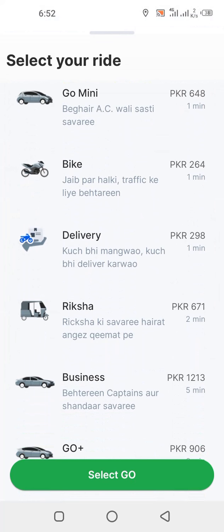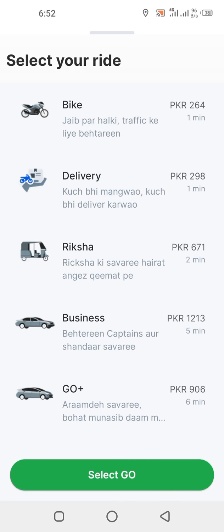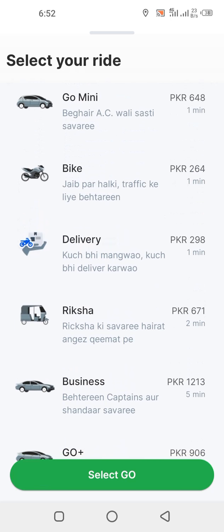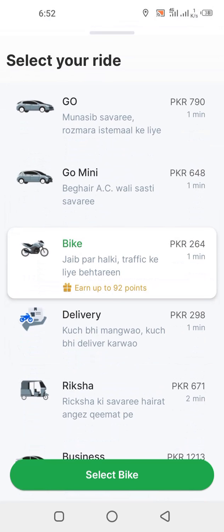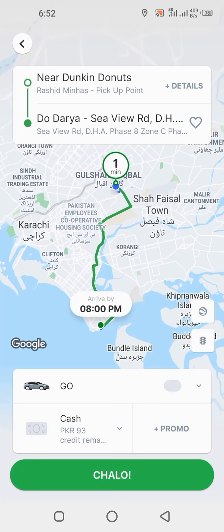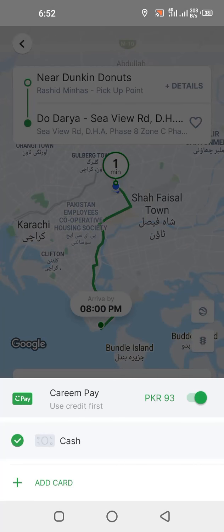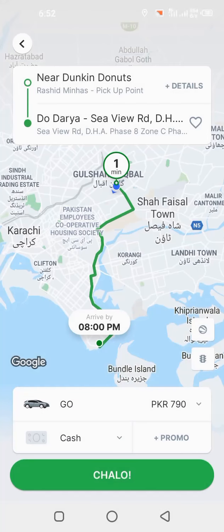Now there are different options: Uber Go, Go Mini, Bike, Delivery, Rickshaw, Business, Go Plus. So there are different options available in this menu with fares. So I select just Go, and then select Go. Now here are different options, cash, and if you already paid some amount,